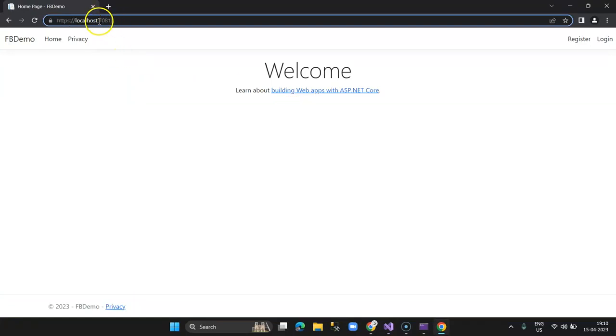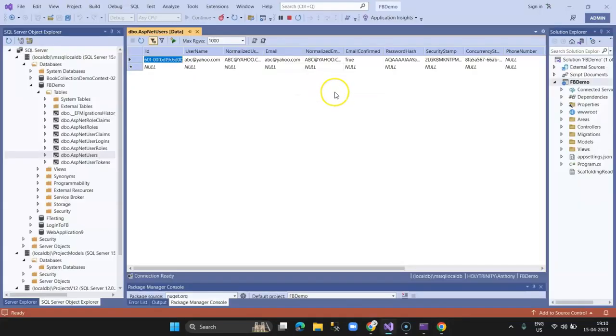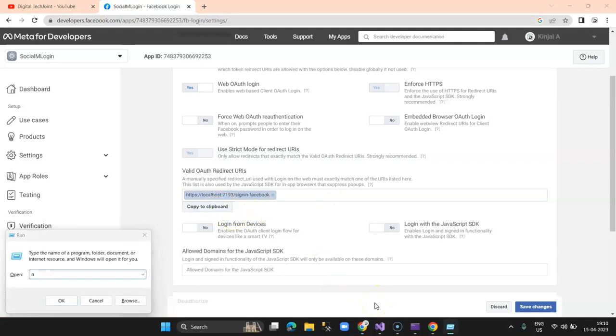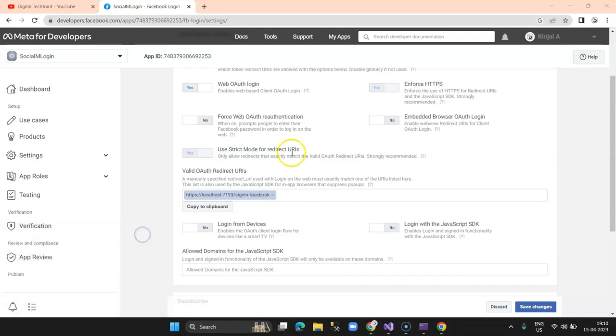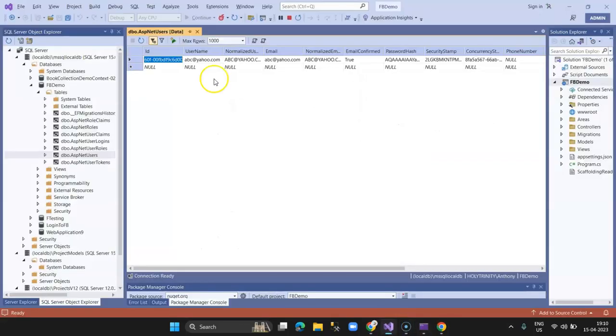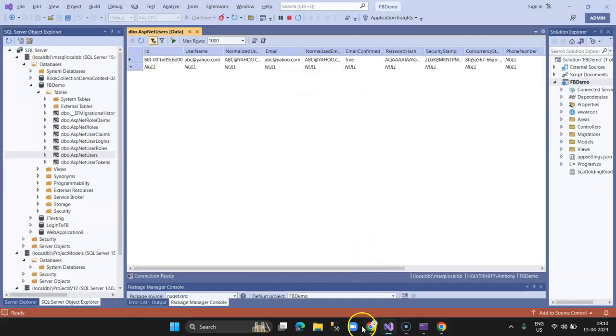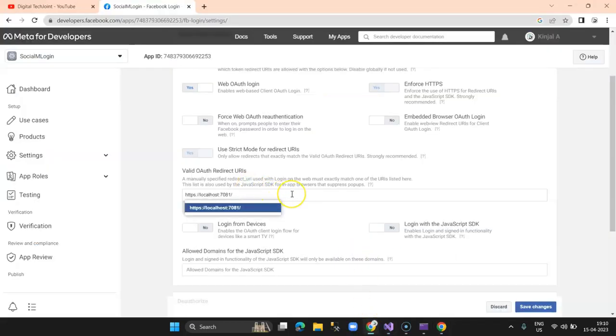Okay, it is 7081. Come back to my dashboard, and I've changed this. Let me copy the entire URL, come to my dashboard, paste it over here